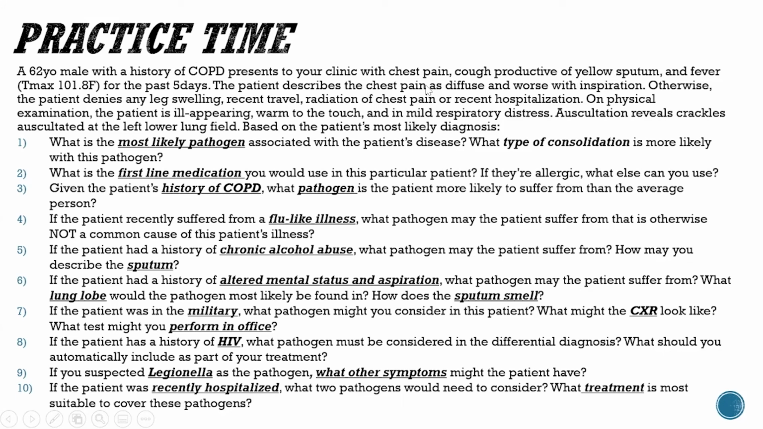So a productive cough should make you think typical pneumonias, as well as a fever, like a high-grade fever. Again, that should make you think typical pneumonias. And remember, the most common cause of typical pneumonia is Streptococcus pneumoniae. This patient has chest pain that's worse with inspiration, which is, again, just describing pleuritic chest pain, a common symptom